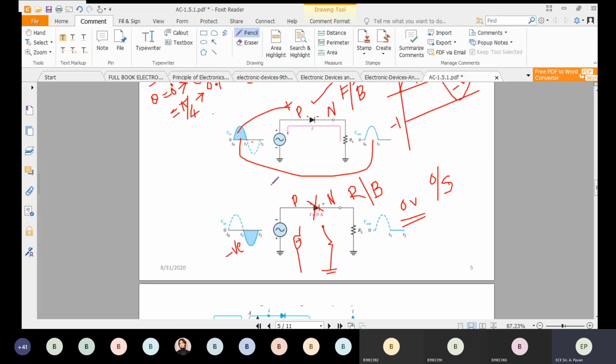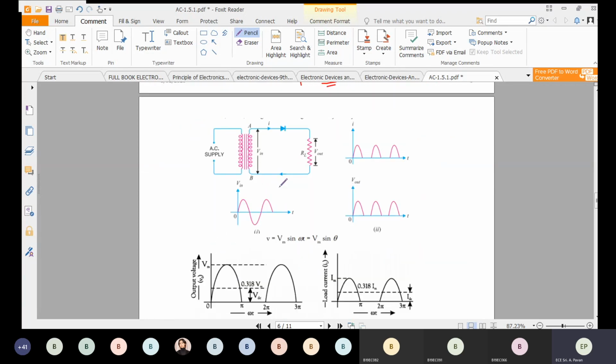Now see, this is the complete circuit diagram of a half wave rectifier. This is the AC supply. AC supply means we will give 230 volts AC here. This is the transformer. Just now we have seen the transformer just steps down the voltage. It doesn't change the frequency. Frequency remains as it is. Stepping down voltage means from 230, it may reduce the voltage to 15 or 12.